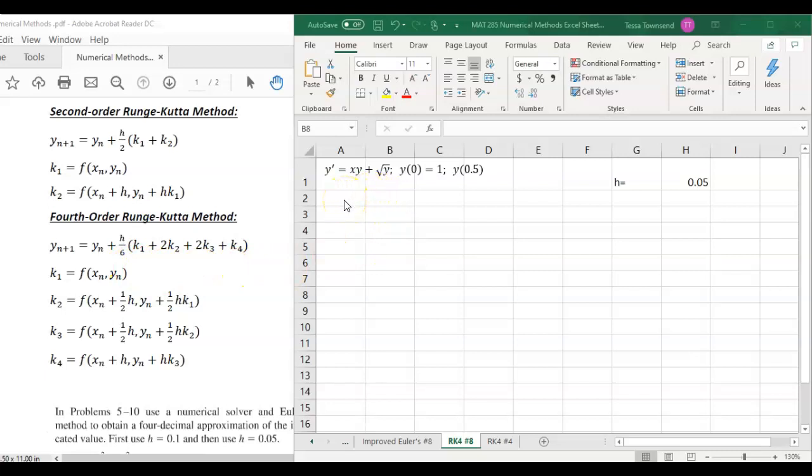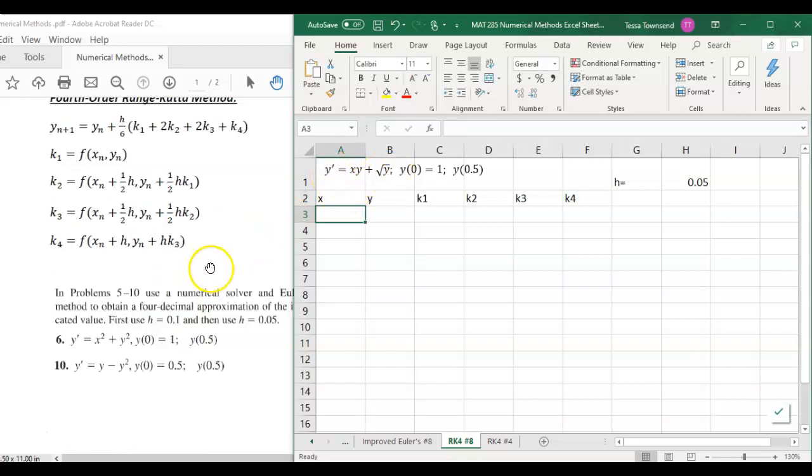So we are going to do this exclusively in Excel. To do this, we need a few columns. We need an X column. We need a Y column. We're going to need a K1, a K2, a K3, and a K4. So notice that I've got the differential equation. We're going to do